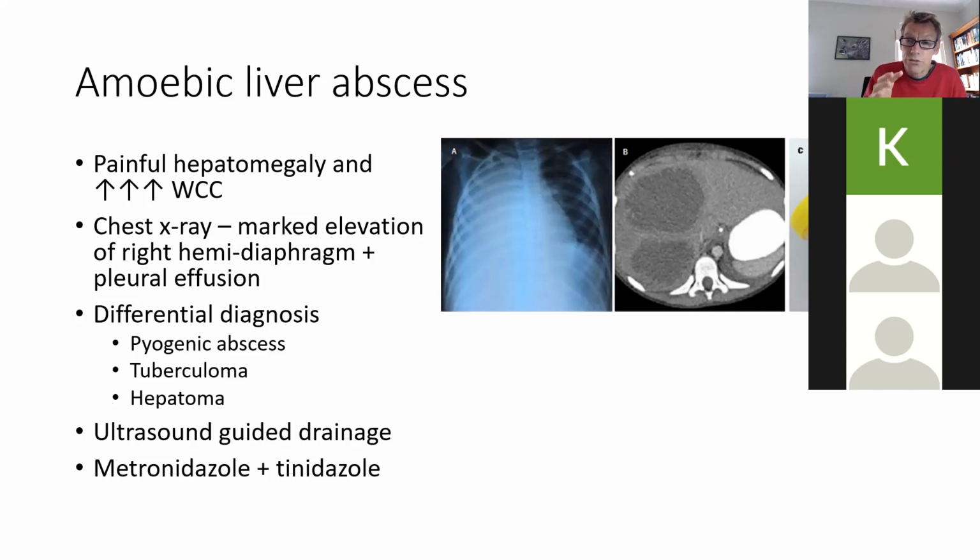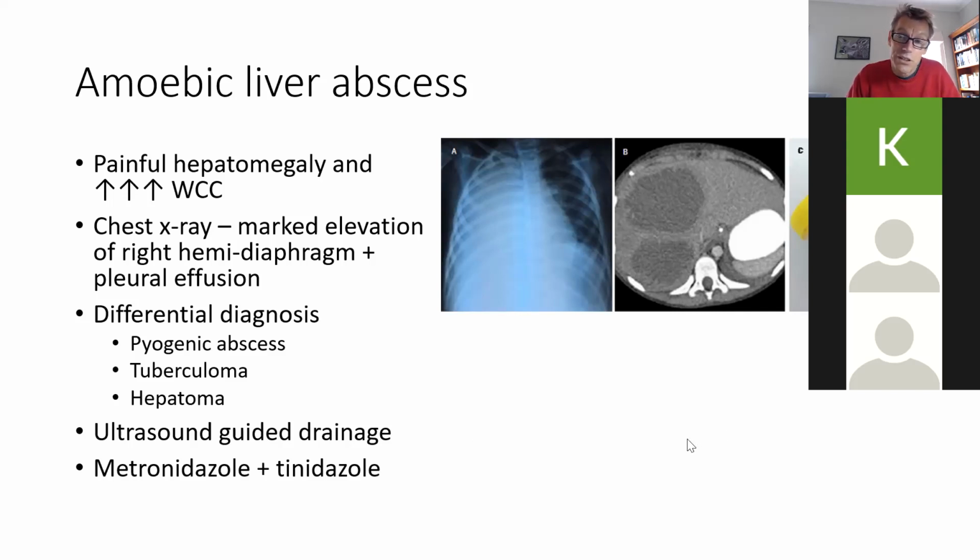And the differential diagnosis is that it might be a big abscess from a pyogenic liver abscess, or they might have a tuberculoma, but they might have an amoebic liver abscess. And so if you see a patient that's got those features, like a painful hepatomegaly with a high white cell count and a pleural effusion, or marked elevation of the hemidiaphragm, you might be able to do a CT scan and see what are clearly abscesses in the liver. It might be bacterial, it might be amoebic, it might be tuberculous, but don't forget amoebic liver abscesses, because they